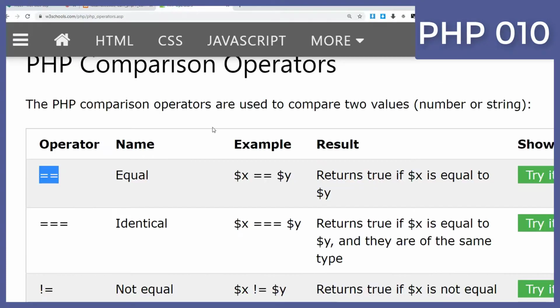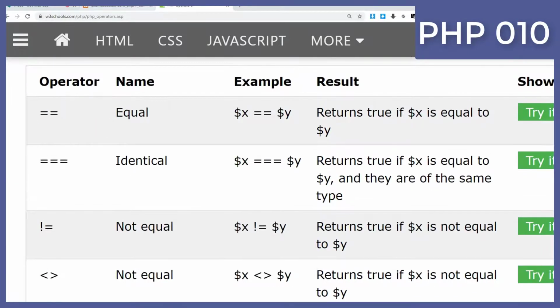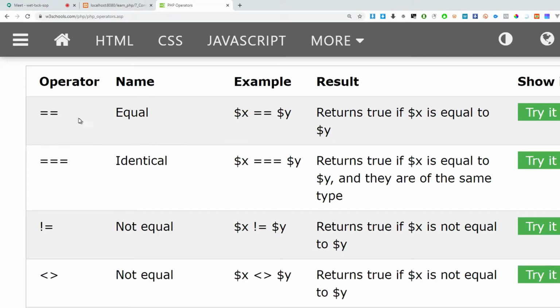So we are going to look at the identical operator. We have just seen the equal sign, but you could be wondering, then what is identical? The equal sign checks if the two numbers are equal, but the one with three equal signs will check if two numbers